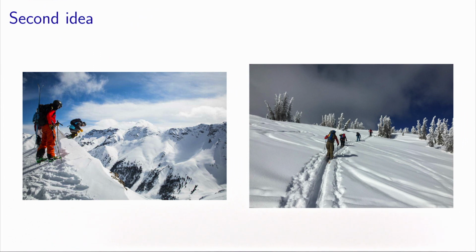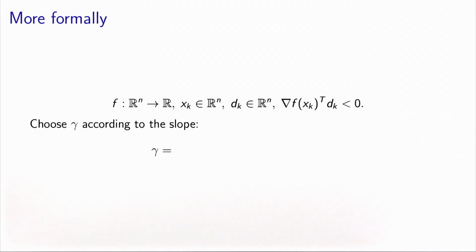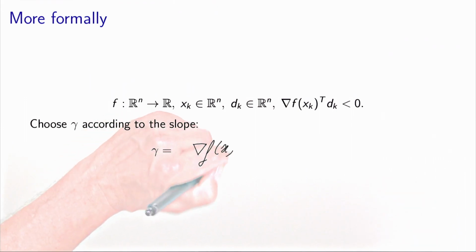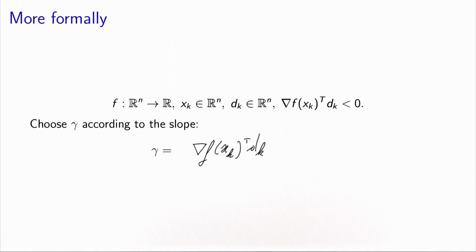We would like to calculate the value of gamma, that we put arbitrarily to 6 in the previous example, to a value that accounts for the local slope. And what is the local slope? It's the directional derivative. So in the same conditions that we had before, a function f, a current iterate xk, and a descent direction dk, I would like to choose gamma, which defines the requirement for the decrease of the function, to depend on the directional derivative. But this directional derivative is negative, and gamma must be positive, so I need to put a minus sign.